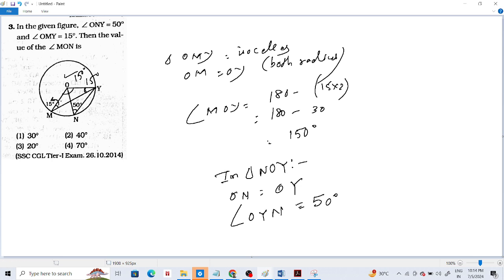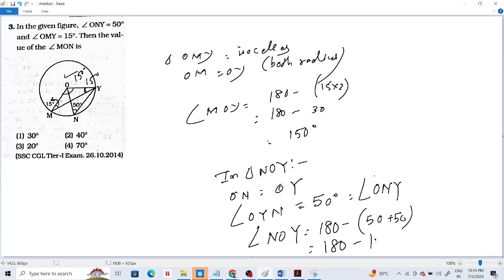ঠিক আছে, ও এন ইজ ইকুয়াল টু ও ওয়াই, সো অ্যাঙ্গেল ও ওয়াই এন হচ্ছে 50 ডিগ্রি, ও ওয়াই এন ইজ ইকুয়াল টু ও এন ওয়াই, 50 ডিগ্রি। তাহলে অ্যাঙ্গেল এন ও ওয়াইটা কি 180 ডিগ্রি মাইনাস 50 প্লাস 50, 80 ডিগ্রি, সো এন ও ওয়াই এটা হচ্ছে 80 ডিগ্রি।